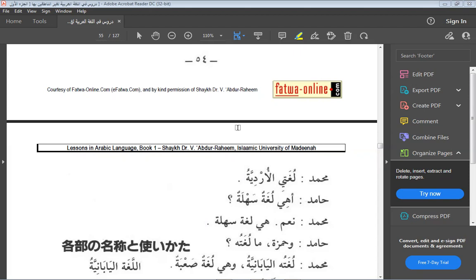So in the abiyat again, in one of the poems, he says, Imma an takuna akhi bisidkin. I wish you could memorize the short ones. I just don't want to bombard you because everybody seems to have a very tight schedule. Even the word akh is used for a friend. Imma an takuna akhi bisidkin: you either be my friend in truth,